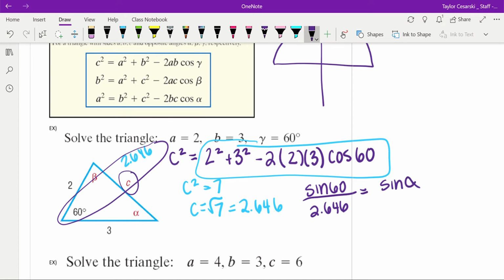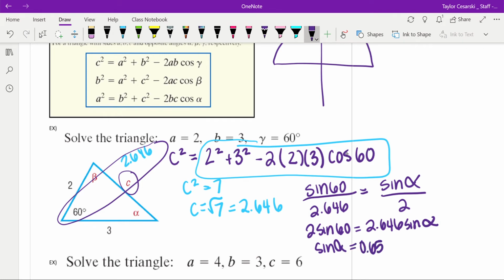Sine of alpha, or A, over 2. So 2 sine of 60 equals 2.646 sine of A. So 2 sine of 60, and then I'm going to divide that by the 2.646. So sine of A equals 0.655. Alright, and then to get A, I'm going to take the inverse sine of that, and I get